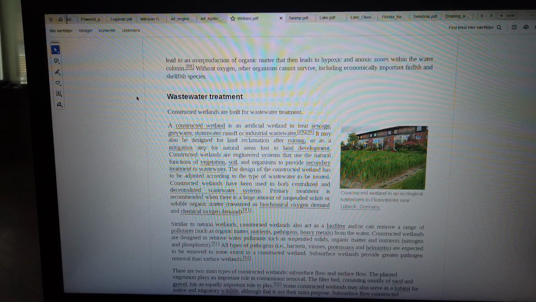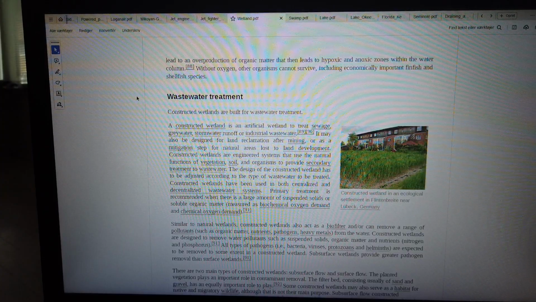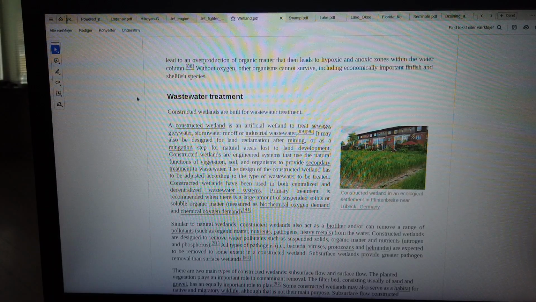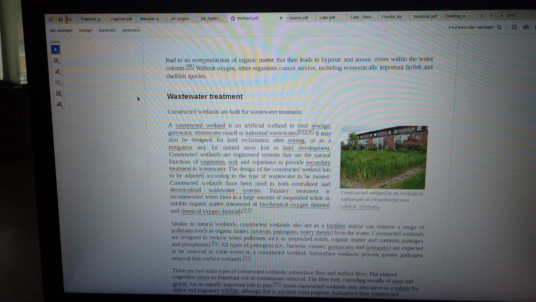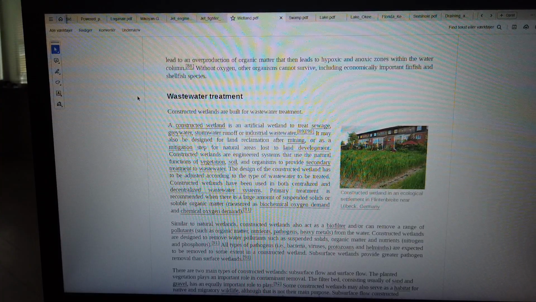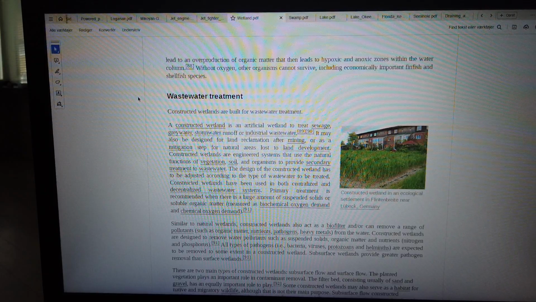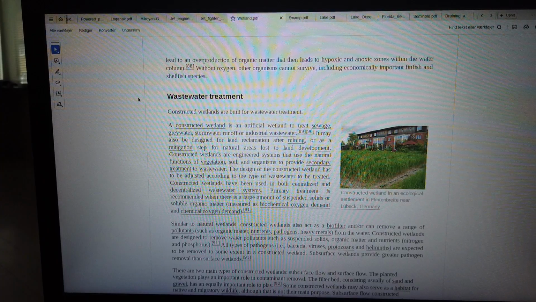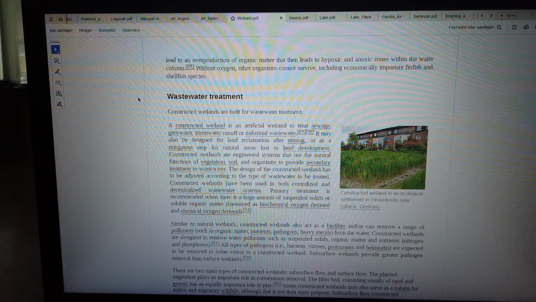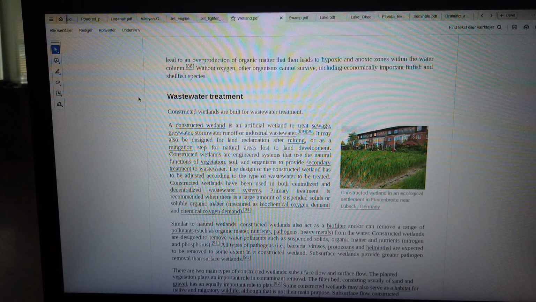Wastewater treatment. Constructed wetlands are built for wastewater treatment. Constructed wetland in an ecological settlement in Flintenbrieg near Lübeck, Germany. A constructed wetland is an artificial wetland to treat sewage, grey water, stormwater runoff or industrial wastewater. It may also be designed for land reclamation after mining, or as a mitigation step for natural areas